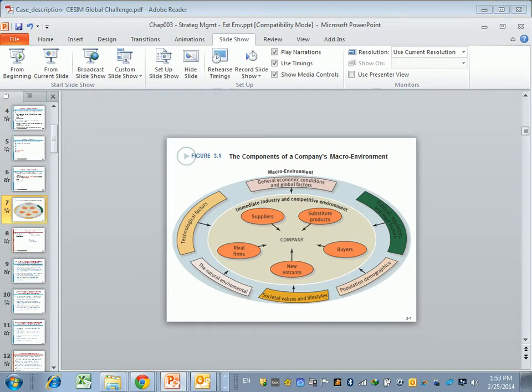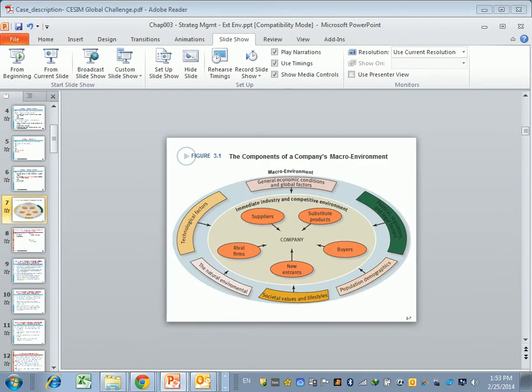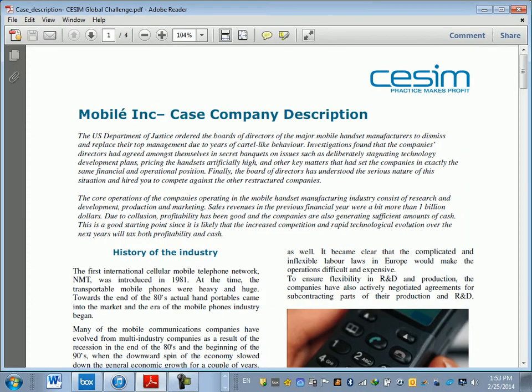Okay, let me just get out of that section. So again, what is the current situation in the environment? In order to decide for your team, we have to look at the case description of the CESIM. Remember, this is on the L drive. It's also available on the CESIM website itself. Once you log in, there's a tab, I think in the upper right hand area, and it says readings. So after forms, it comes readings. This is the 4-page reading. It tells you about the external environment and basically what the industry is like.